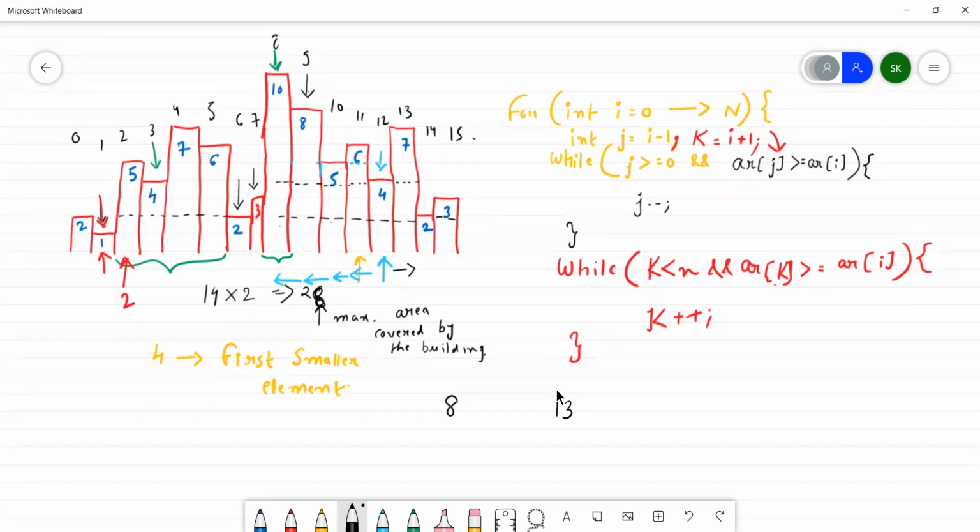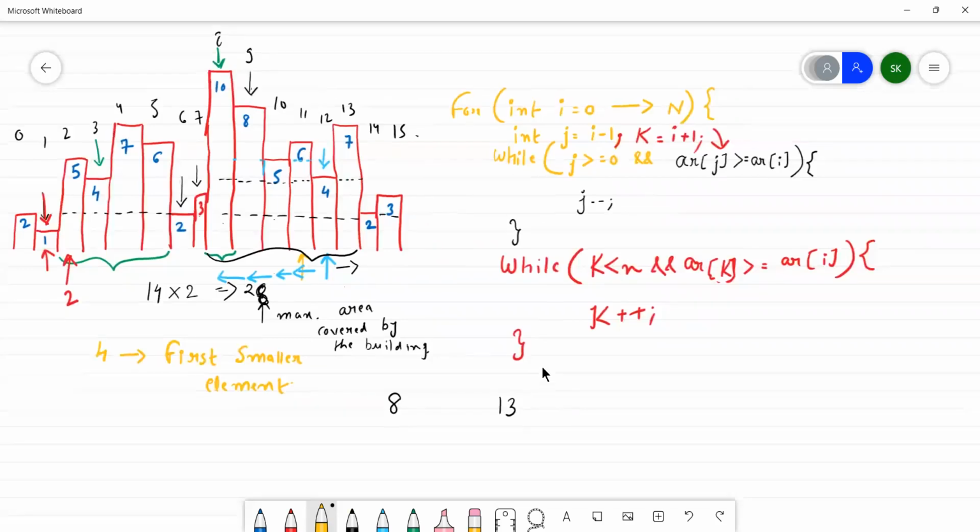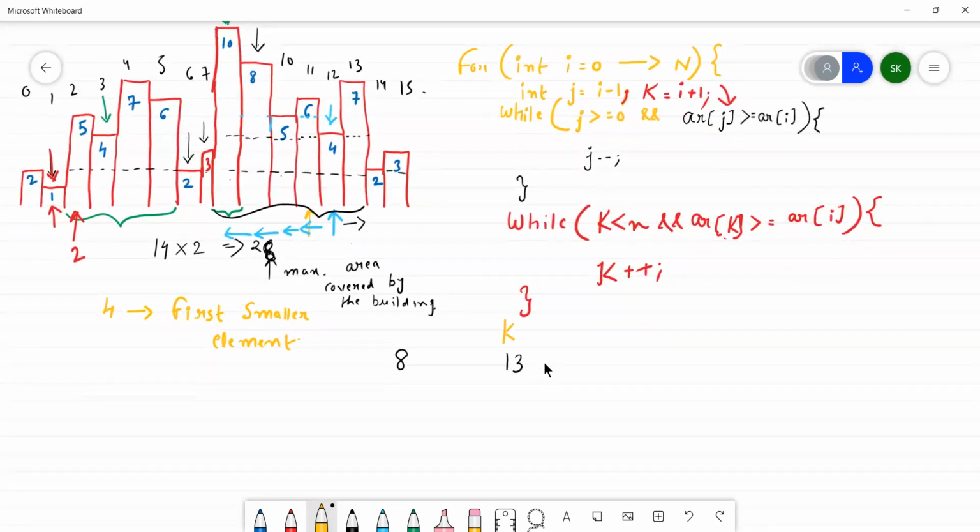You need to find the distance from 10 till 7. How many pillars are there? 6. Can you all somehow find out 6? Yes, it is simple. You have got a k value, you have got a j value. It will be nothing but, just a minute, let me just,